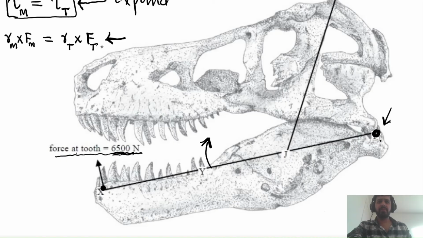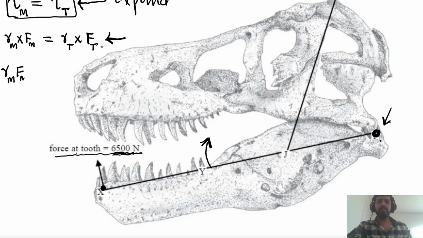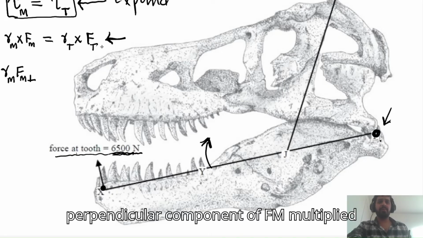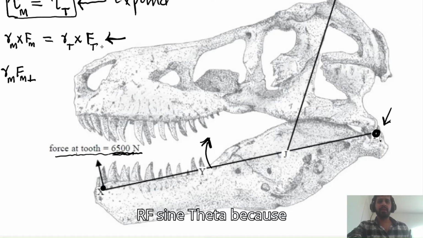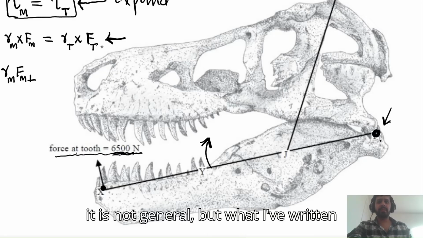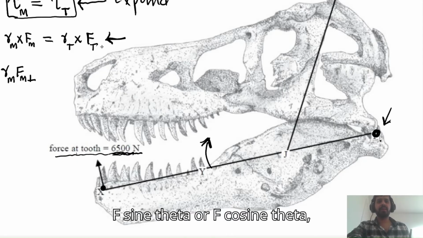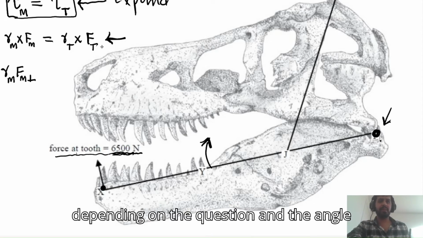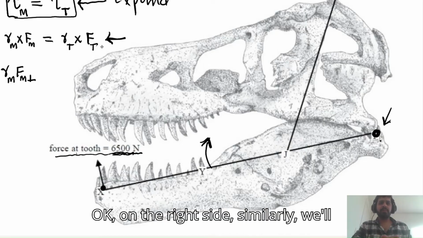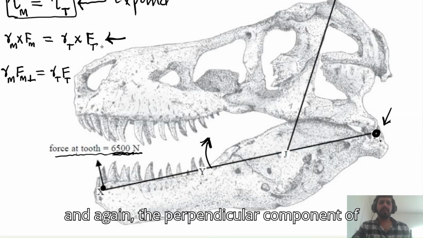So R cross F is defined as Rm magnitude times Fm perpendicular component of Fm multiplied with Rm, right? So notice again that I did not write Rf sine theta because it is not general, but what I've written here, R times F perpendicular, this is always true. But F perpendicular itself can be F sine theta or F cosine theta, depending on the question and the angle that is given. Okay, on the right side, similarly, we'll have RT magnitude times FT, and again the perpendicular component